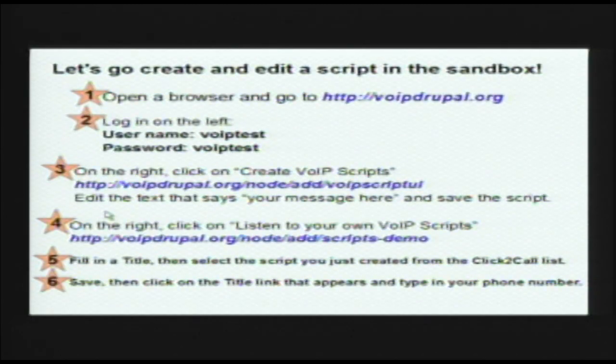So why don't we go and create a script? Create and edit a script, actually, in the sandbox. VoIP Drupal has a sandbox website set up, and it's where most of the new modules are released, and where you'll find out the latest news of what's going on with VoIP Drupal. If you go to voipdrupal.org, log in on the left with the username VoIP Test and the password VoIP Test. On the right, you can click on Create VoIP Scripts,